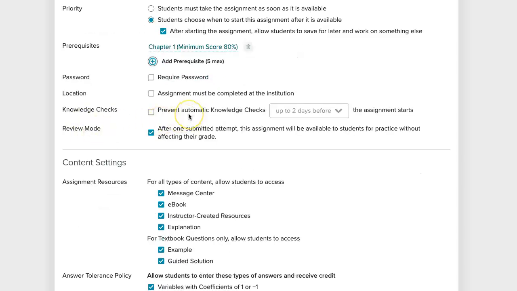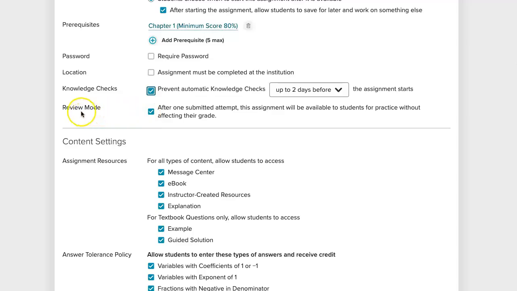For this knowledge check setting, if you have automated knowledge checks in your course, you might want to check this off before an upcoming quiz or a test, just so they're not getting overly assessed. If you don't have the automatic knowledge checks turned on, this one won't be as pertinent to you or your course needs. This review mode down here is after one submitted attempt, the assignment opens up to the students to